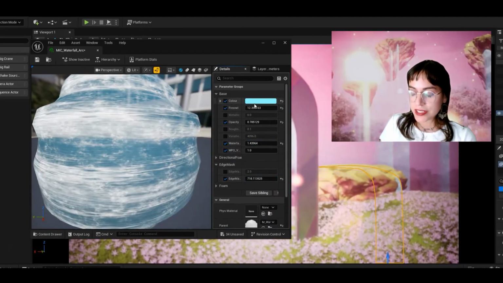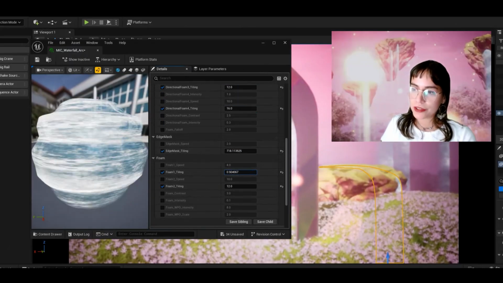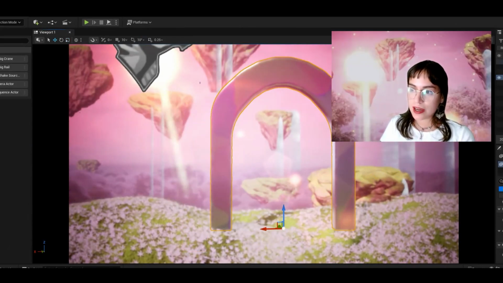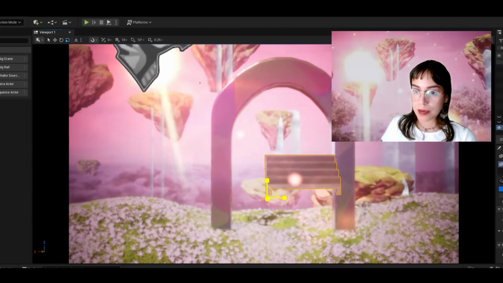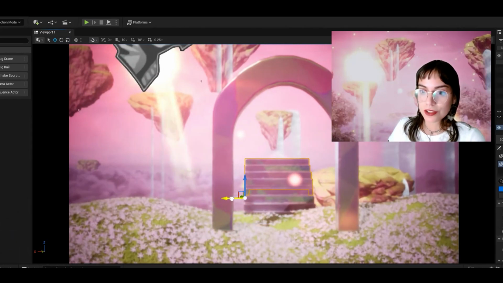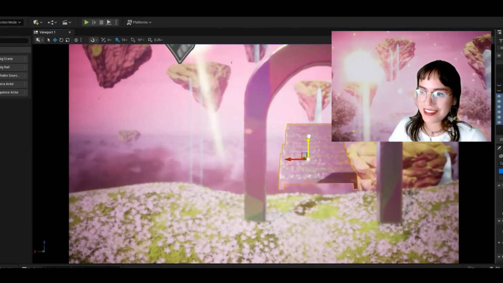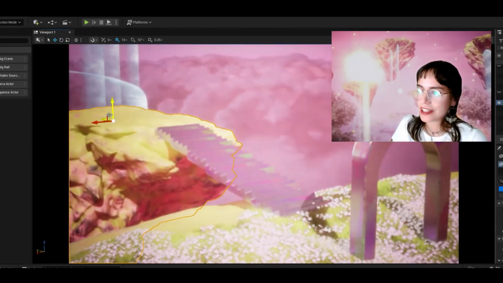So in just a few minutes, you went from a blank sky to a magical floating island world. You learned how to import assets, add glowing effects, build atmosphere, and capture it with a cinematic shot. So for your next step is to relight your scene in different colors, add more floating rocks, create your own cinematic